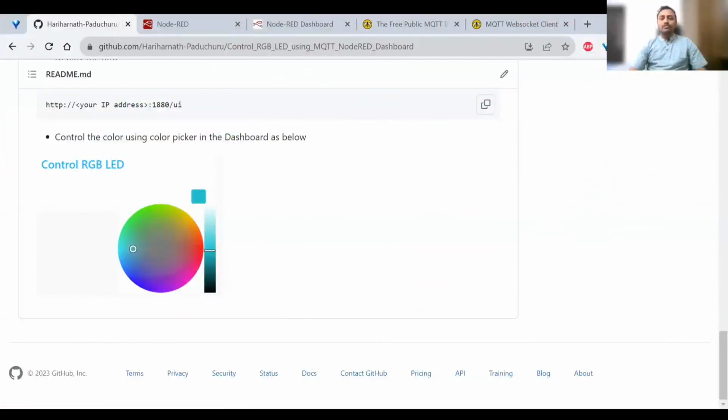I hope this video has helped you understand the steps to use MQTT to control the devices on NodeMCU using